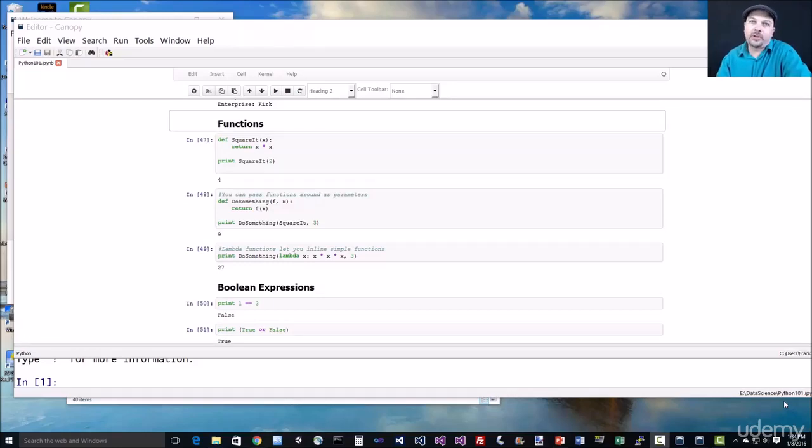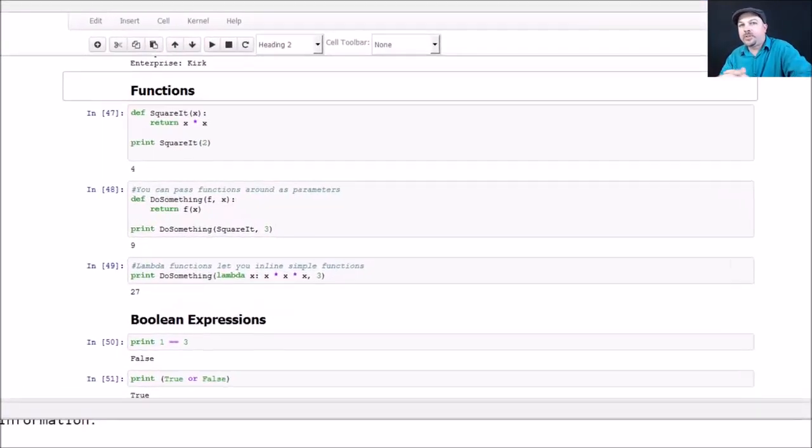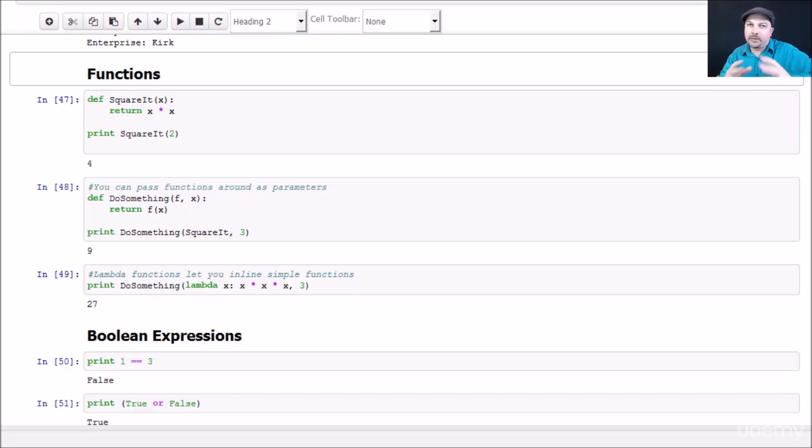All right, let's talk about functions in Python. Like with other languages, you can have functions that let you repeat a set of operations over and over again with different parameters. In Python, the syntax for doing that looks like this. You declare a function using the def keyword. That just says this is a function, and we're going to call this function square it. And the parameter list is then followed inside parentheses, so this particular function only takes one parameter that we're going